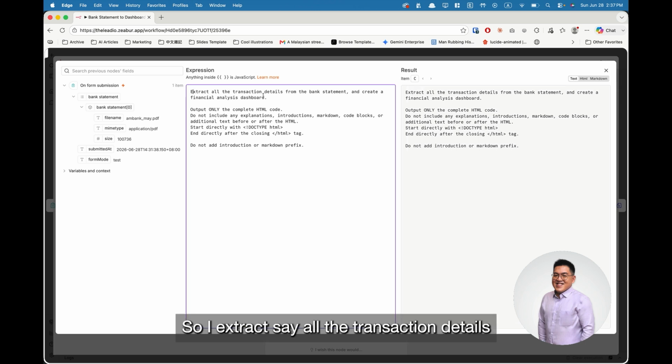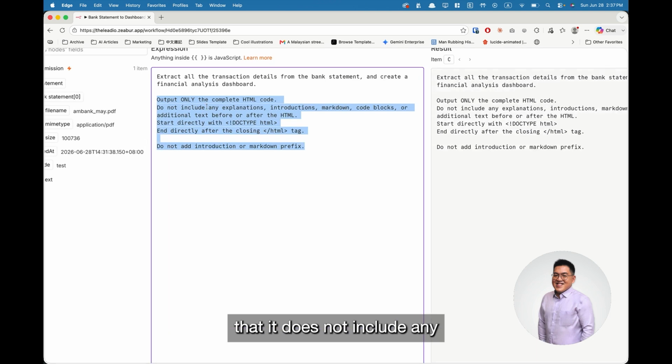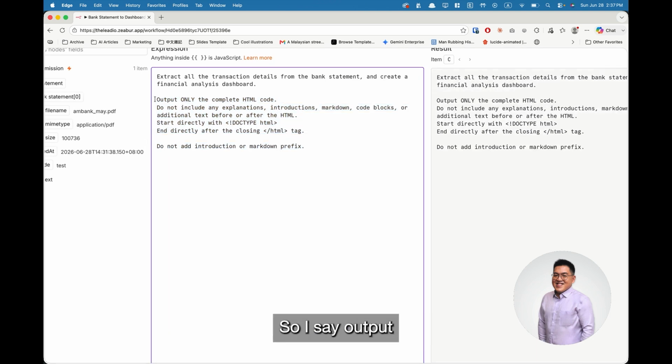So I say extract all the transaction details from the bank statement and create a financial analysis dashboard. This part is important because I want to make sure that it does not include any words or description when it returns the result. So I say output only